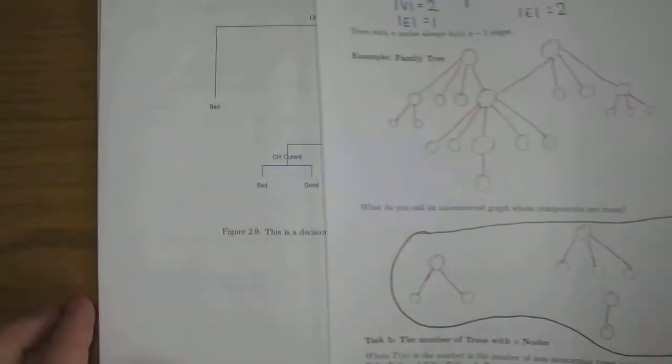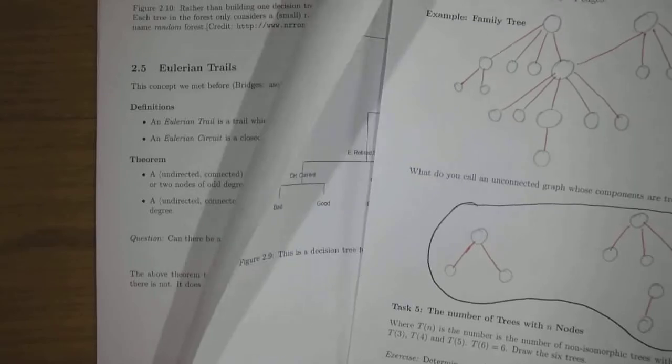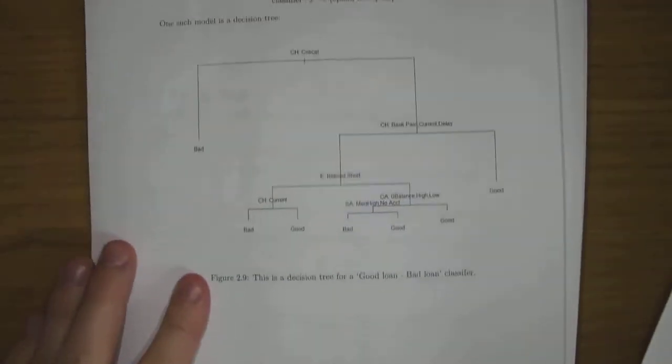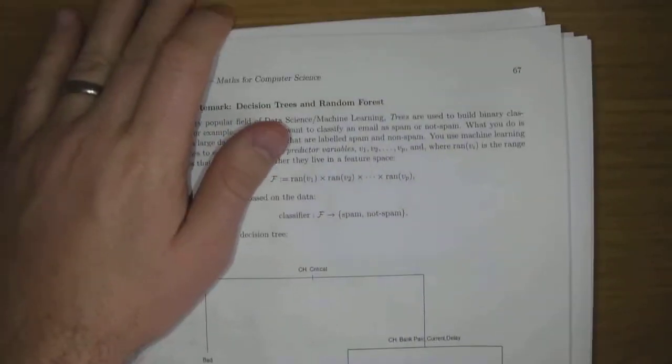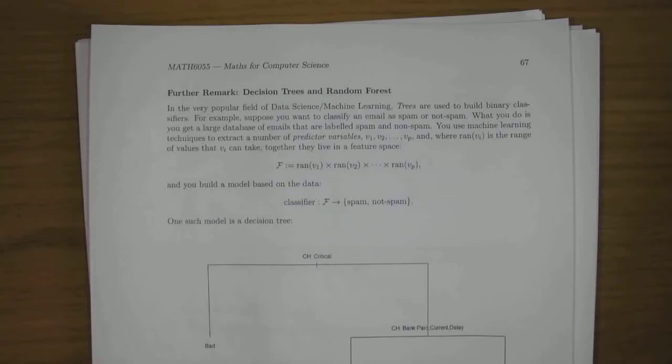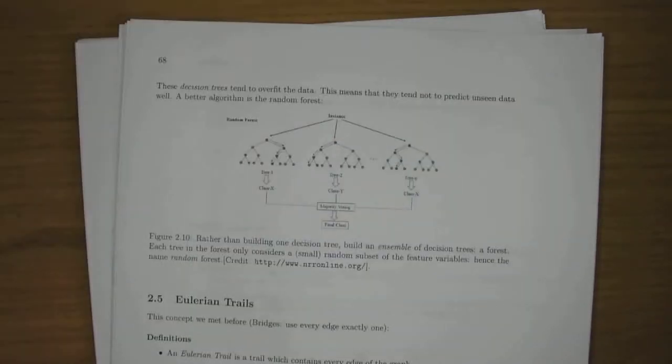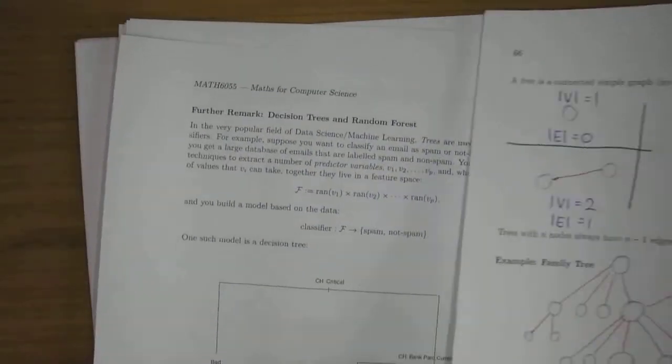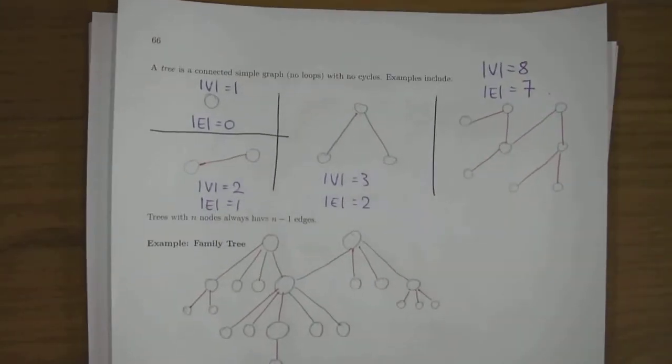Right. So now what are we going to do? There's just some information here, a further remark about where trees and forests come into computer science. There's something called random forest. I think we're going to try and look at,